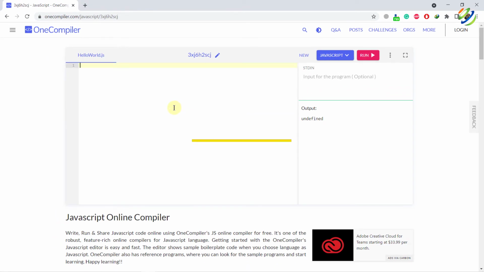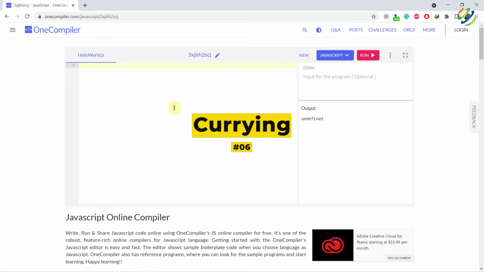Number 6, currying. Well, if I explain currying with an example in JavaScript, basically currying is a technique of evaluating a function with multiple arguments, and these arguments should be turned into a sequence of functions with a single argument. In other words, when a function, instead of taking all the arguments at one time,